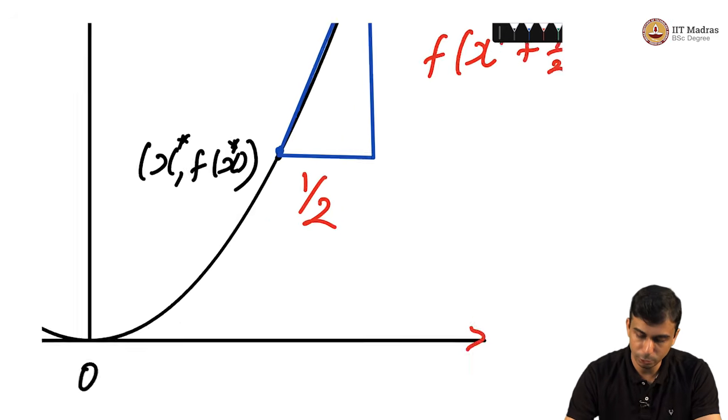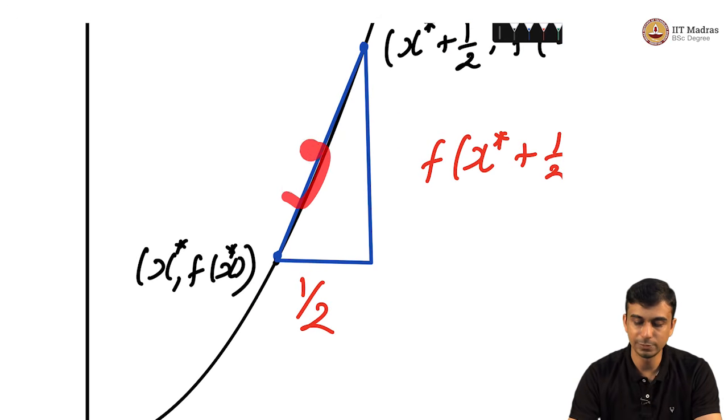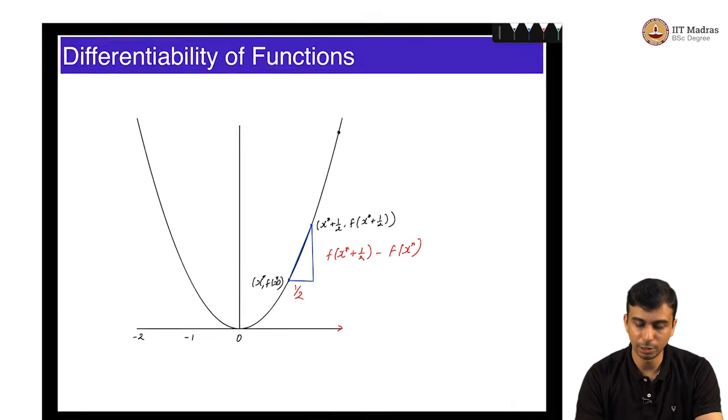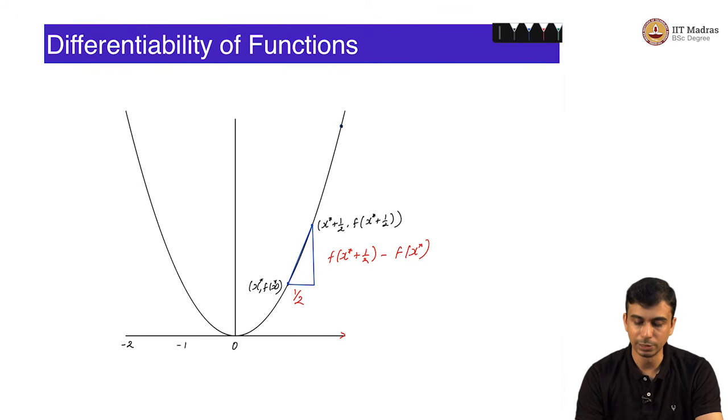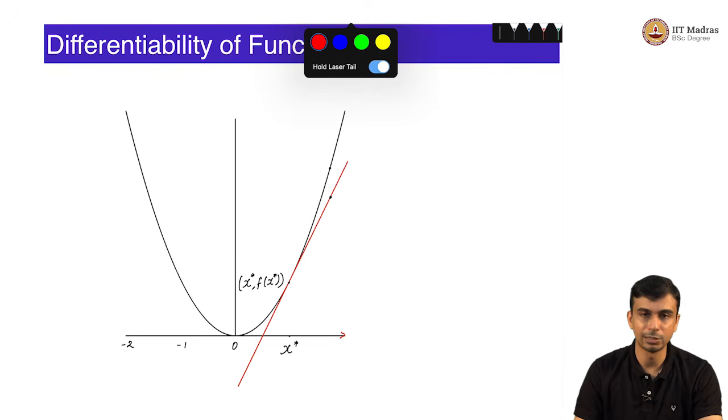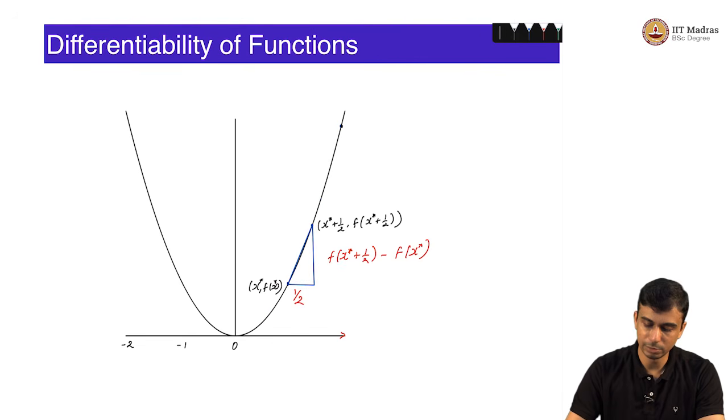There is still a gap here, you could zoom in and see that there is a difference between the blue line and the black curve, but it is much lesser now, and you can keep on reducing h to a point where h is practically 0,